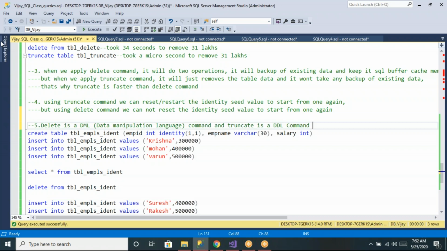DDL means data definition language, like create, alter. So these are all the differences between the delete command and the truncate command. We can tell these 5 differences if anybody asks you in interviews.